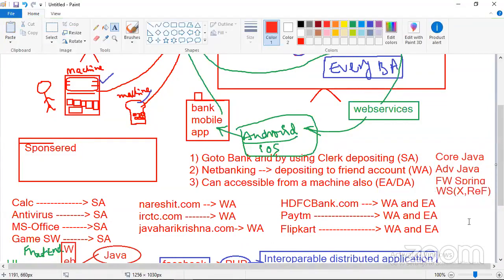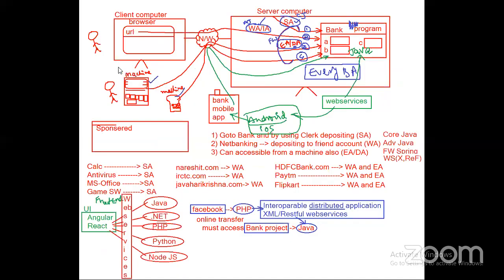So this is the basic idea all the people should have. I hope I made you able to understand everything. Today onwards, whenever you see any application, your eyes should tell you it is a standalone application, developed by using core Java. If it is accessed from the browser, it is a web application developed by using advanced Java or frameworks. Using frameworks, we can develop web applications and also enterprise applications. By using advanced Java, we can develop only web applications.